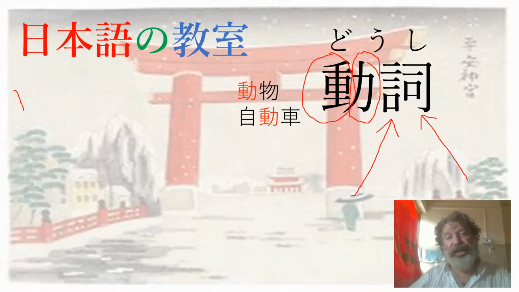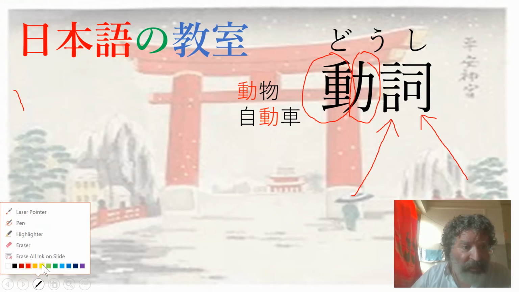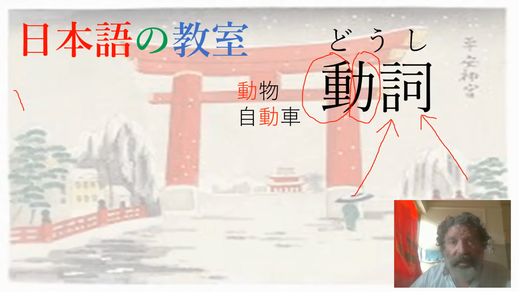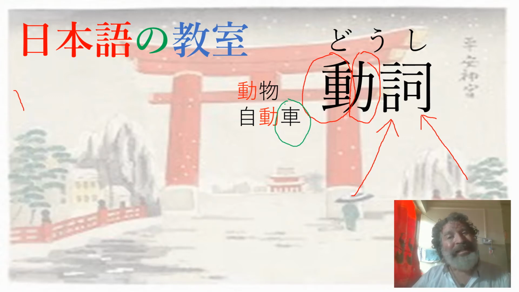Jidosha. Do you remember what jidosha is? Automobile, jidosha. Okay. Also, kuruma. Go back and we'll do this little pen thing. This time I'm going to choose green ink. Okay, and this is pronounced kuruma. When it's all alone in a sentence, you see all the hiragana around it, and suddenly this lone kanji appears, you know that it's pronounced kuruma. When it's in a group of other kanji, it's pronounced sha.